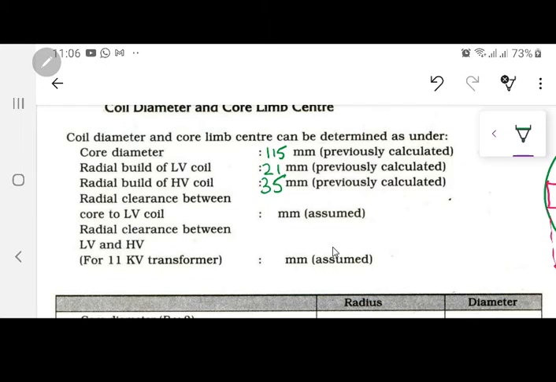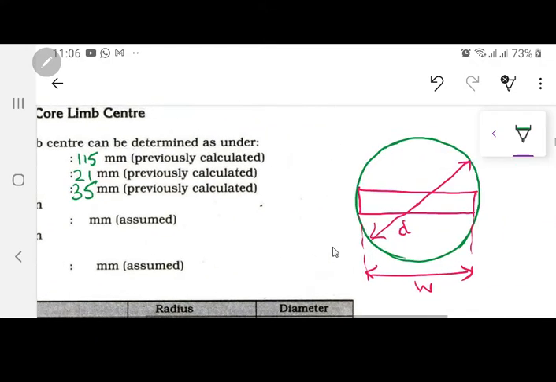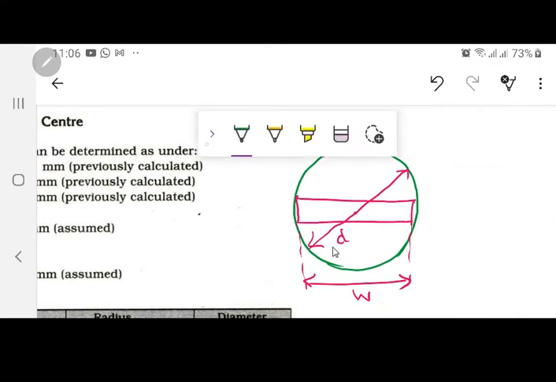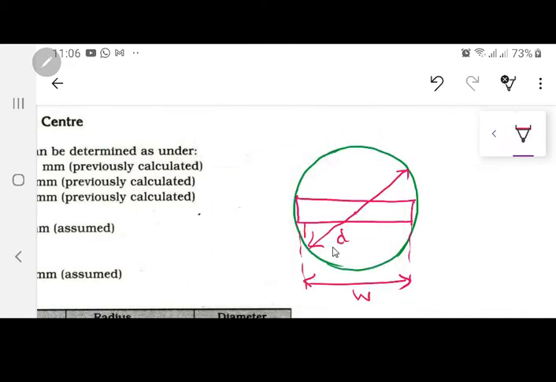Now the next thing is the radial clearance between the core and the low voltage coil. Now over here, when I am going to have the core attached over there, let me just draw some core over here. So supposedly this is that core. I can't make that 11 steps, but anyway I have made some steps over there. Now if you see over there, you are not going to put the winding directly on the red colored stepped core, because it will have some sharp edges. You will put some cylinder over there.